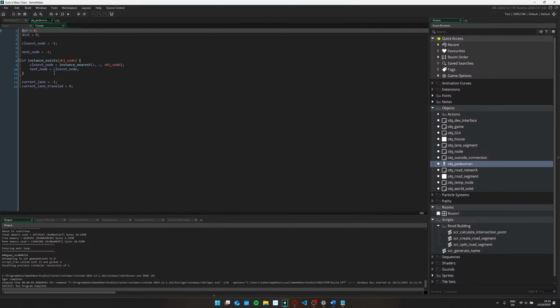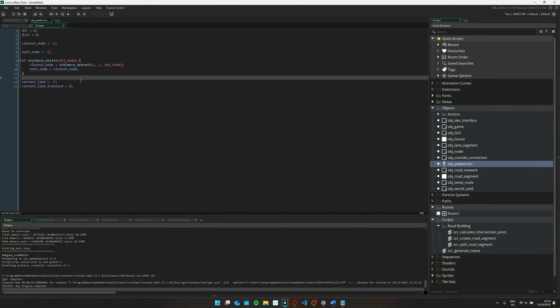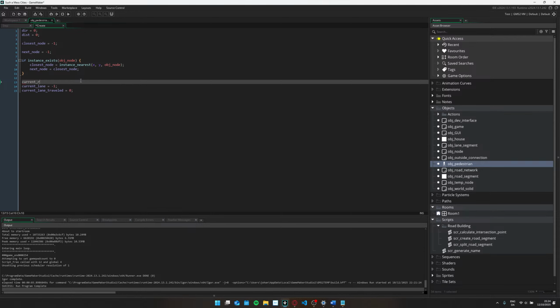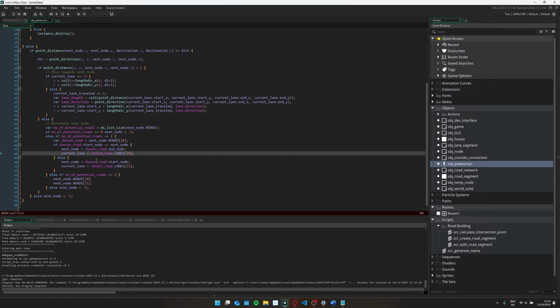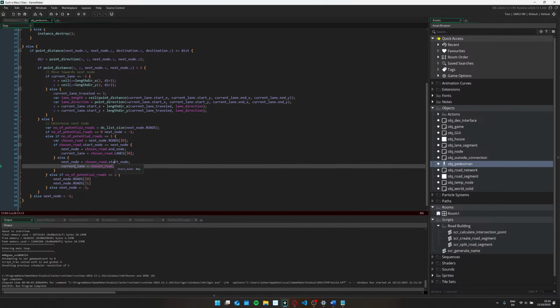Current lane. Should we then also have current road? I think yes. So we would basically have the same. So here we set the current lanes and